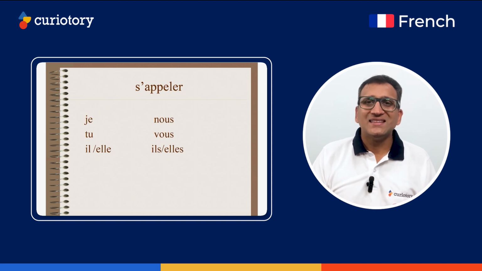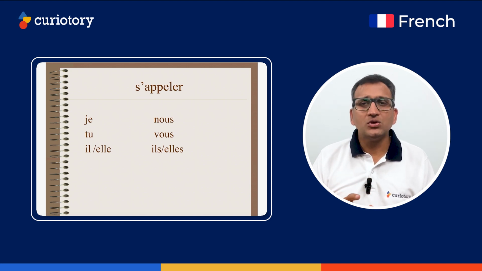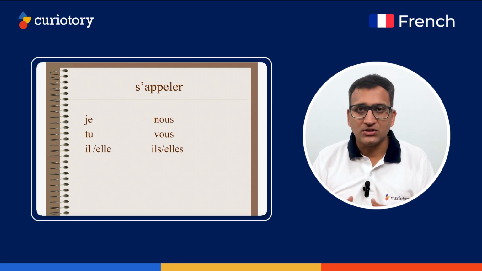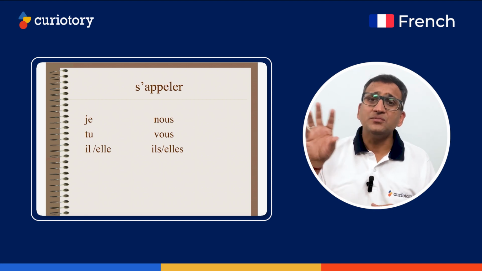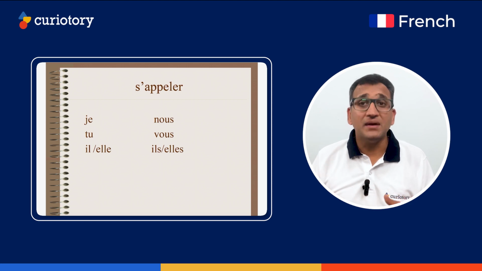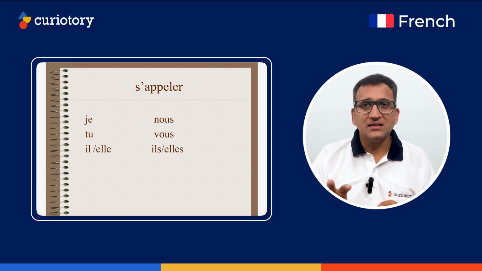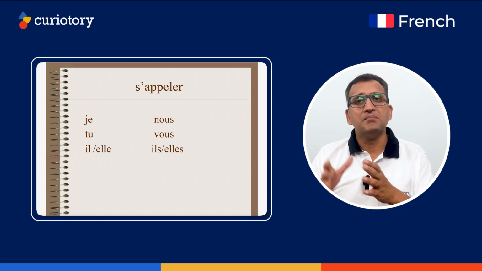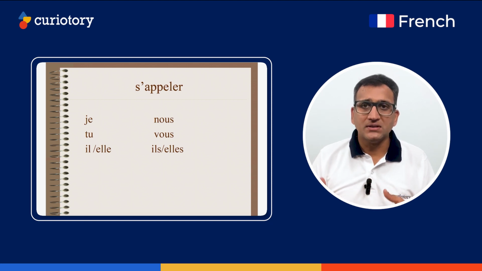But in French, this concept has some details. So you need to learn those details. We call those details conjugations. It means every subject has some changes. The verb has some changes, either in the ending or sometimes in the beginning itself. So firstly, let's learn this verb today, s'appeler, and then we will move ahead with many verbs, where I will explain them to you. So the verb s'appeler means to call oneself.